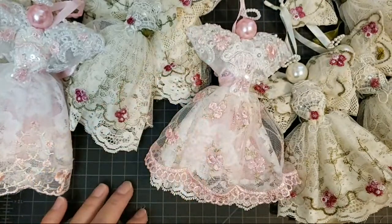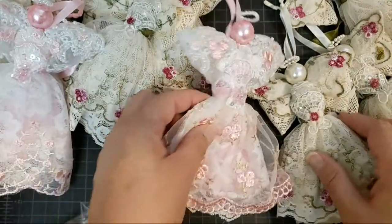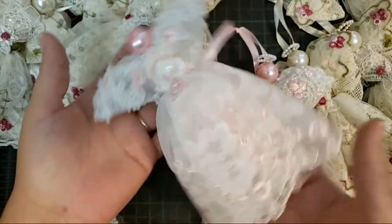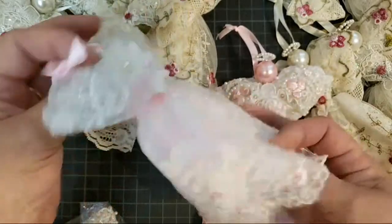Hello everyone, this is Liz with Crafty Devotion, and today I'm sharing with you my latest angel designs. I had made 5 that look like this one, and I have 3 left in my shop. This one I think is number 3,